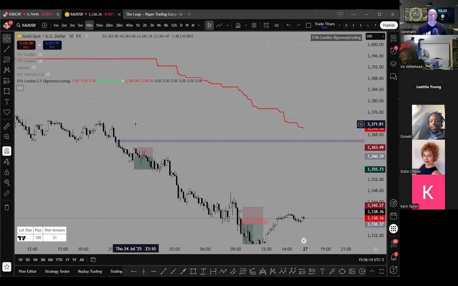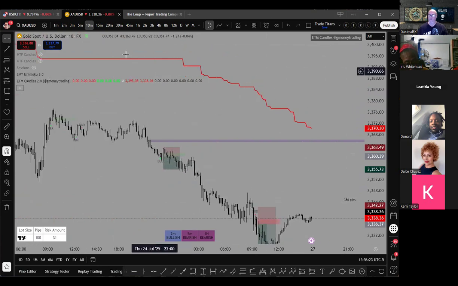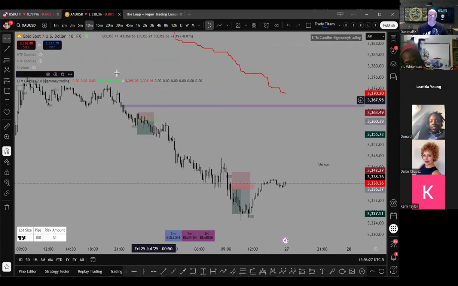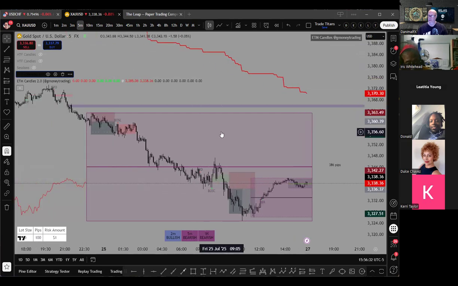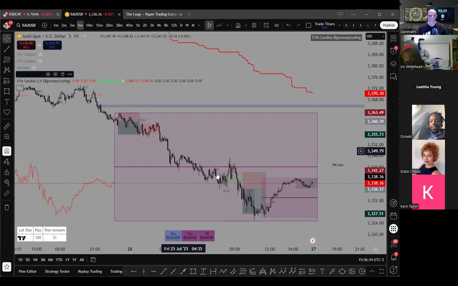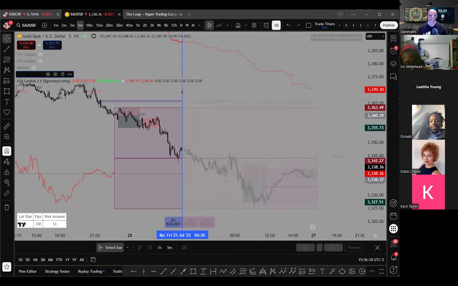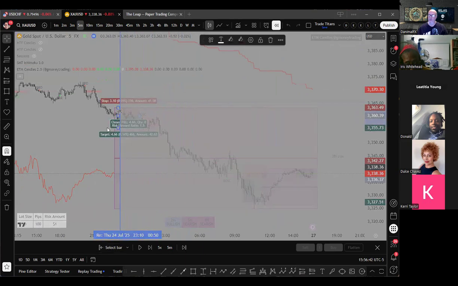Now to throw another iron in the fire, he has his Ichimoku Cloud strategy box, which he only has set for the 5 minute, 10 minute, but we still got our markups, we still got our trades. I'm going to change it to the 5 minute and show the momentum box. So if we go back to this trade, backwards in time, and look at it from right about there,